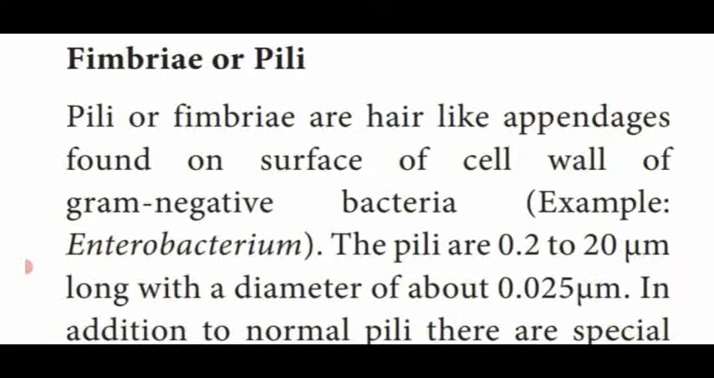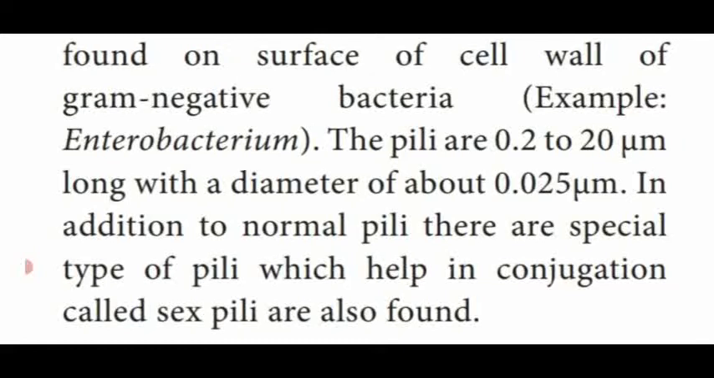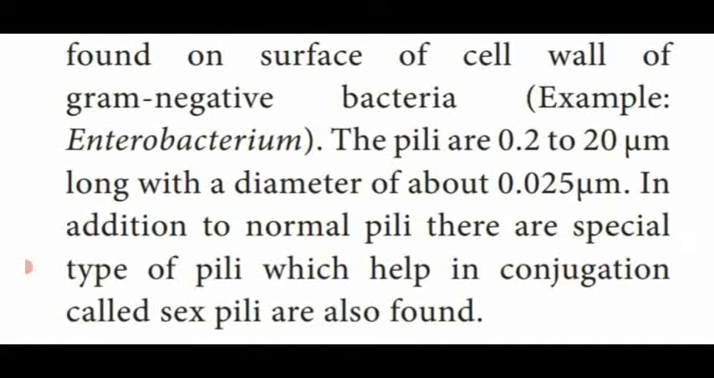Particularly, this fimbriae or pili which is present in the gram-negative bacteria, for example Enterobacterium. The pili are 0.2 to 20 millimicron long, that is the length. The diameter is 0.025 millimicron. In addition to normal pili, there is a special type of pili which helps in conjugation,